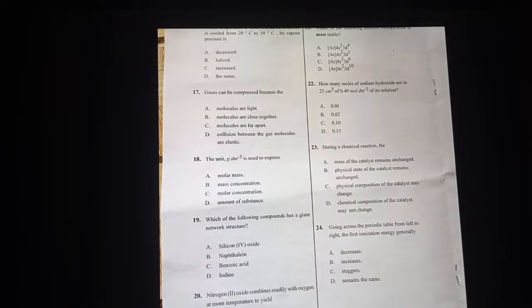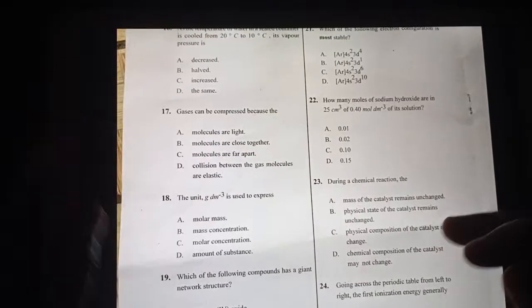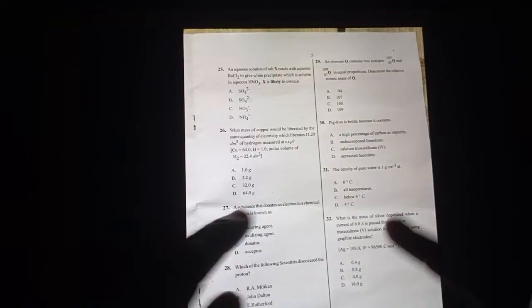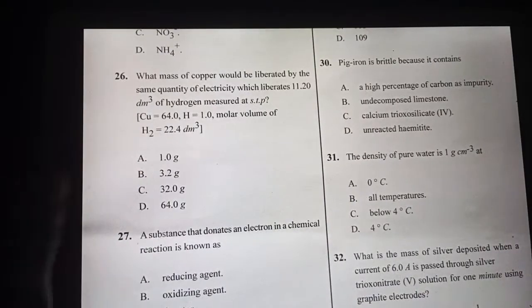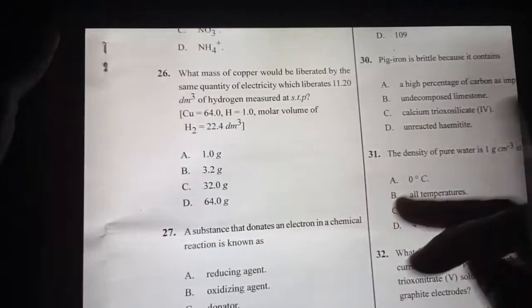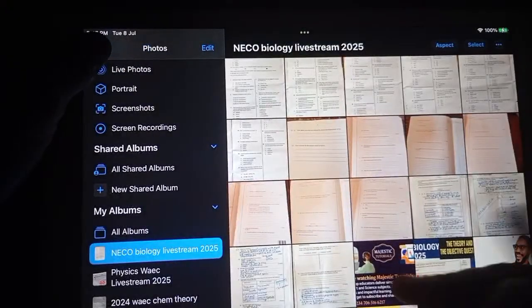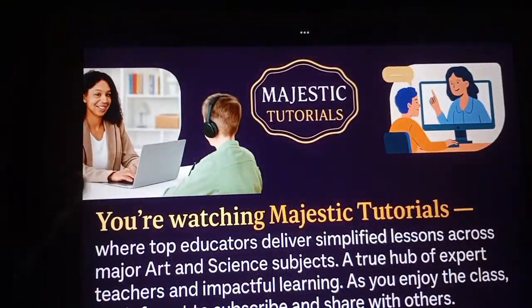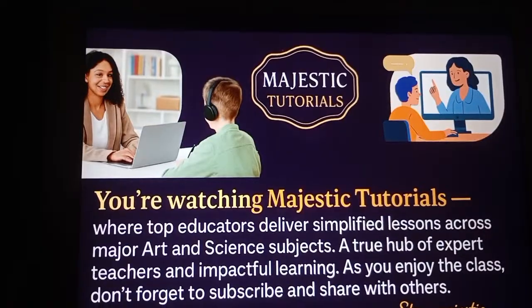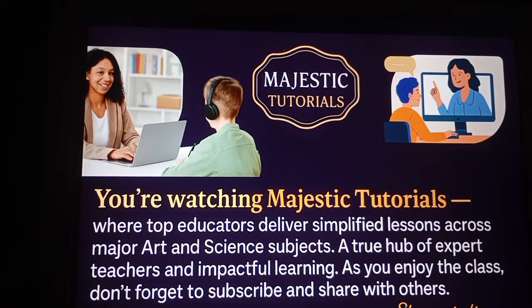Class for the exam you are facing. You will be writing tomorrow probably. We are here for the final revision. We are a bit late, but I assure you the classes are very valuable for you. We are on the best channel that will teach you and guide you for your exams.